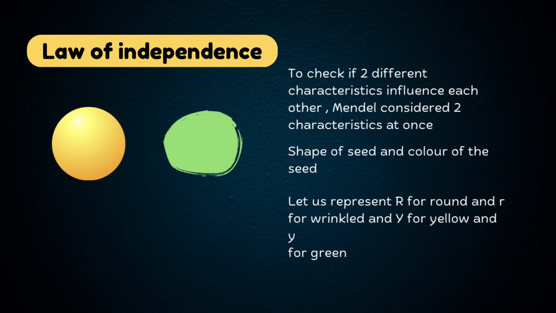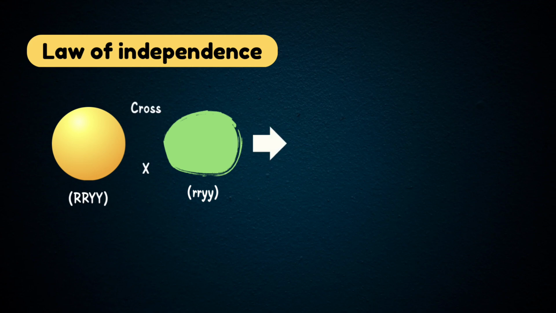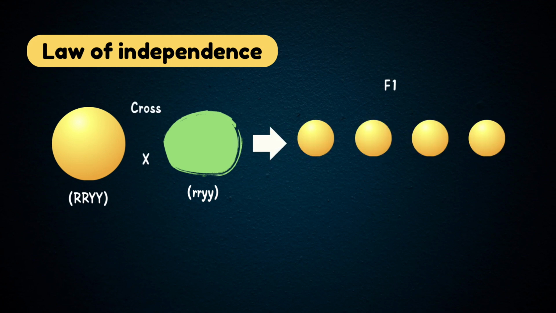Writing their genotype, since they are pure round and yellow and pure wrinkled and green, they can be represented as below. So upon crossing this in the F1 generation, he again saw the law of dominance, where